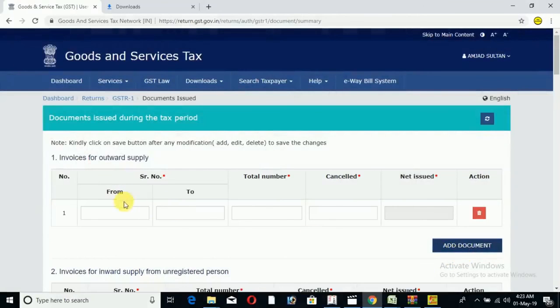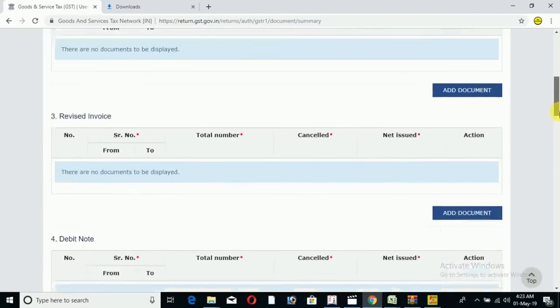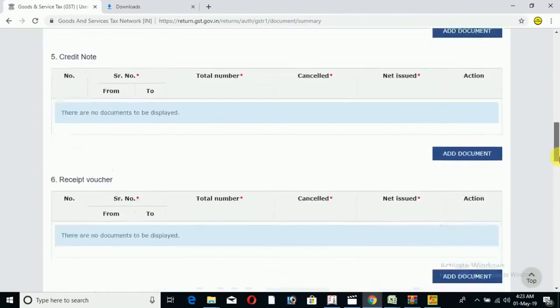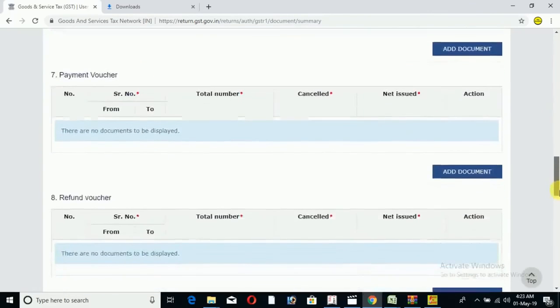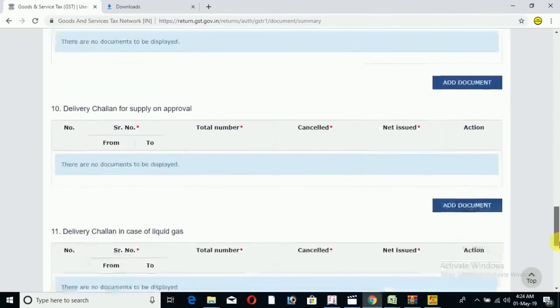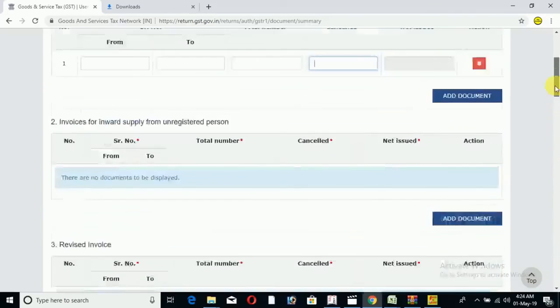Whatever is your invoice number, fill up from and to, total number, cancelled. In this way, your debit note, credit note, revised invoice, receipt voucher, payment voucher, whatever you have issued, you have to put the invoice number.